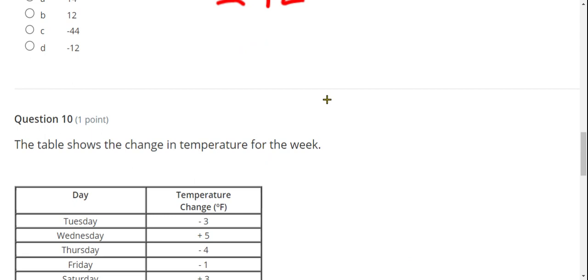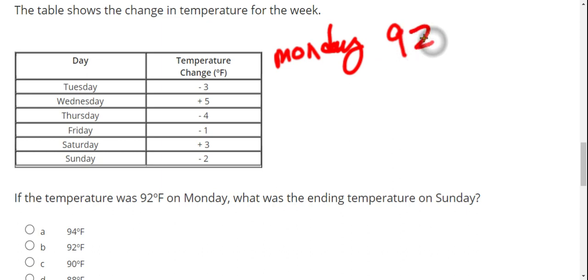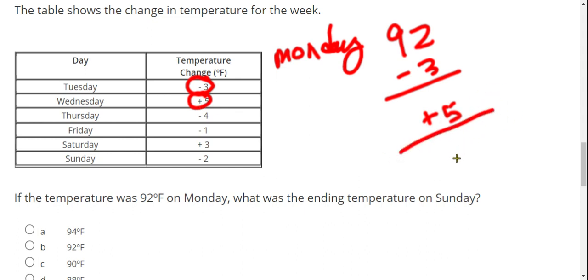Okay, and so the temperature change. If the temperature was 92 degrees on Monday, what was the ending temperature on Sunday? So we're starting Monday right here. Monday was 92. And first we went down 3 degrees. And then we went up 5 degrees. And then we subtracted 4 degrees. So you could do it that way, one step at a time, or